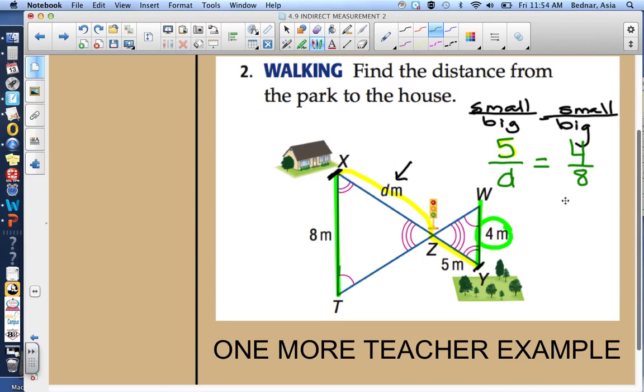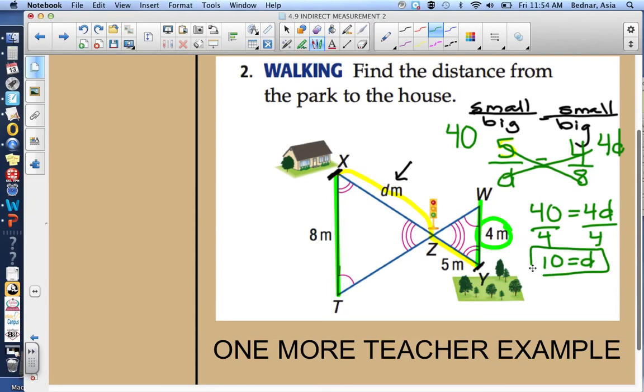Just like the last example, you could probably estimate what this value is going to be here. But let's just do our cross multiplying to make sure. 8 times 5 is 40. 4 times the letter D is 4D. So now I have 40 equals 4D. Divide both sides by 4. 10 equals D. Now, on a test, I would love to see that you get 10, but I would have